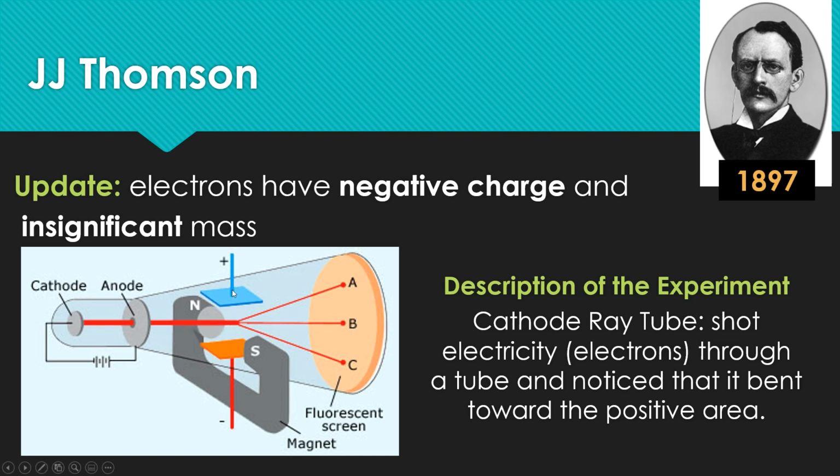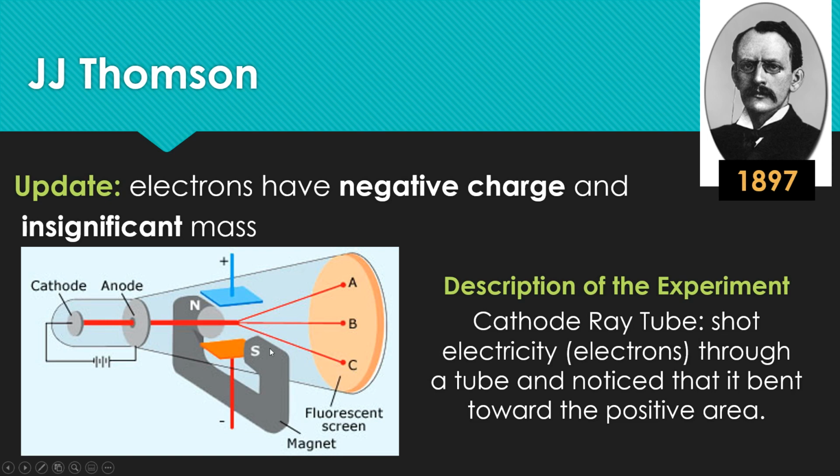an area that had a charge plate positive and a charge plate negative. And so the theory was that if you shoot electrons through this, if they had no charge, then they wouldn't be attracted to either plate and they would go straight. So here where B is, that's what would happen. If they had a negative charge, they would have been attracted to the positive charge plate, and you would have something where A is. And if they had a positive charge, they would be attracted to the negatively charged plate,